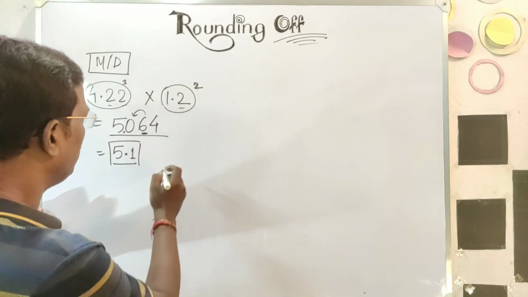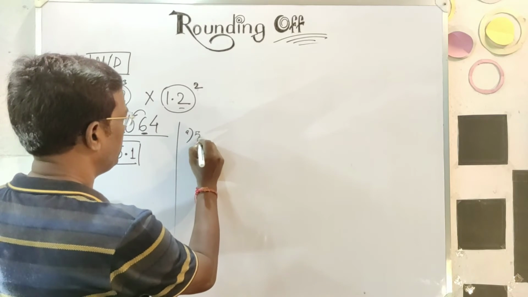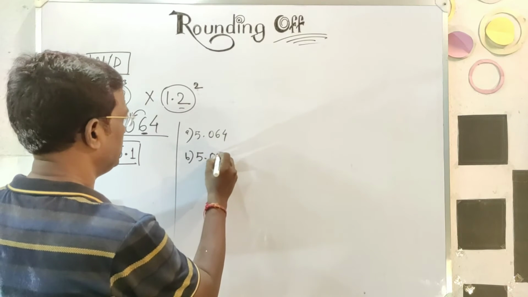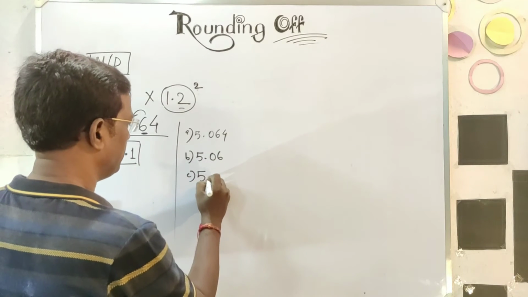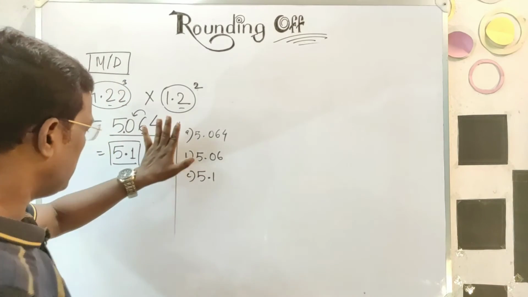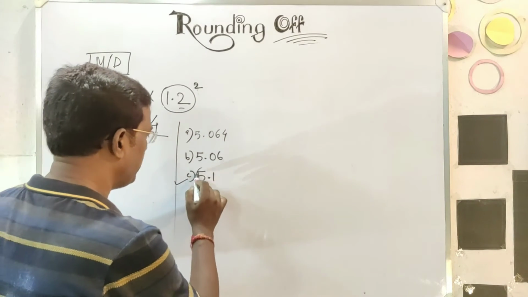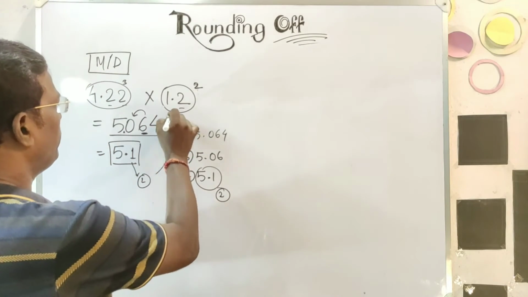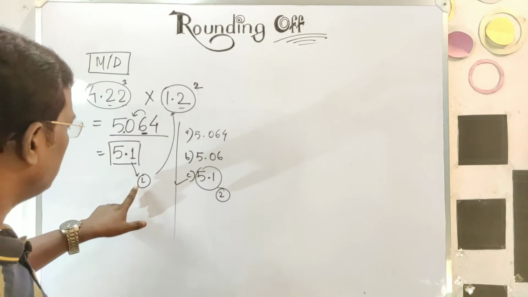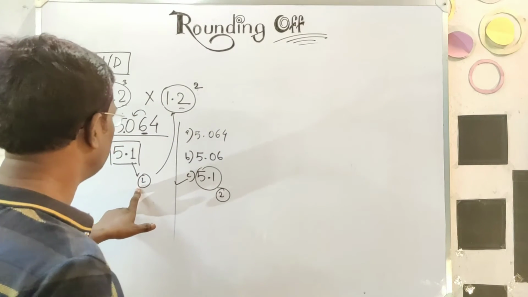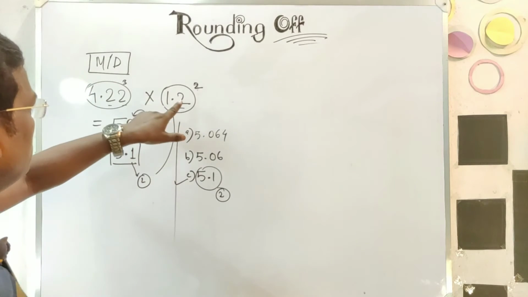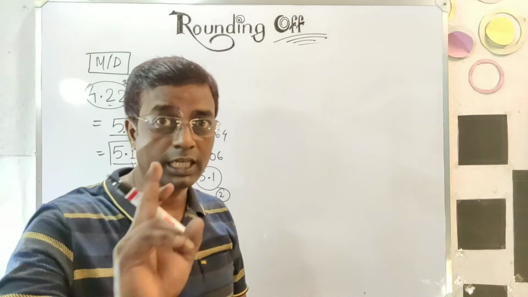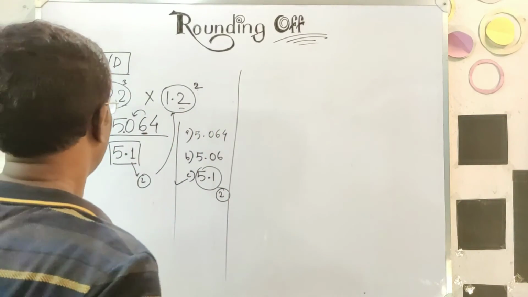Normally people will make mistakes here in the options. It will be 5.064, your option B 5.06, it might be 5.11. Among these you have to select 5.1. Why? It has 2 significant figures, which justifies the rule here, because the significant figures of the final answer should be the same as that of the number in the question having the minimum number of significant figures. Let's take another one, then it will be more clear.